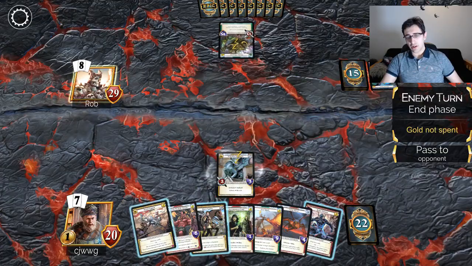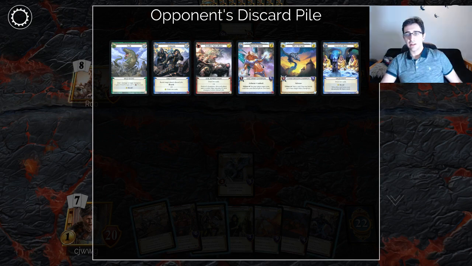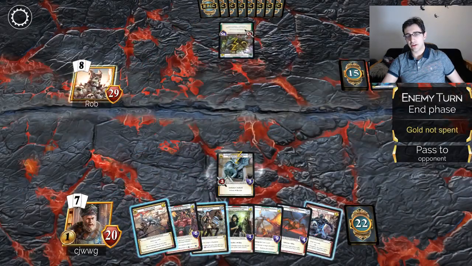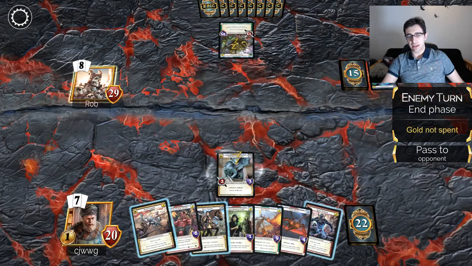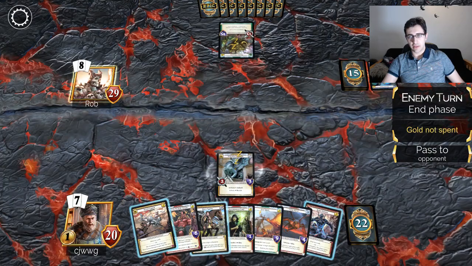Now, one alternate play that I have, my opponent hasn't played Erase yet, so it might be a little risky. To do that, it might make more sense for me to play the Secret Legion and make 6 humans, just so I can figure out if my opponent has something that deals small damage, maybe I can get out whatever answer they have to Necromancer Lord by just playing the 6 human tokens. Let's see, if I do that,